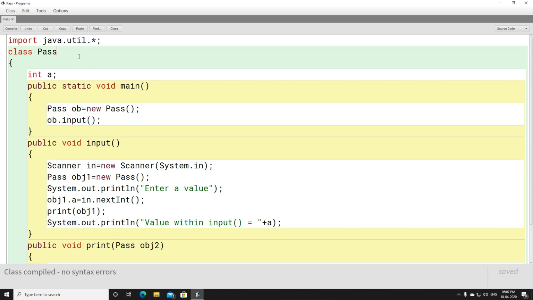But if it is quite difficult for you, if you don't understand this program, do not panic or get confused. You are never going to be asked to write a program based on pass by reference, right? So even if it is not clear to you, don't ask any question from this.